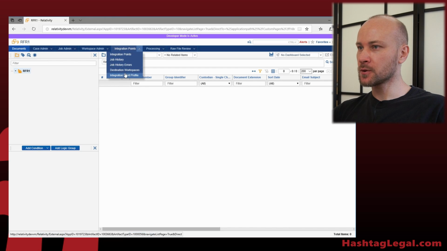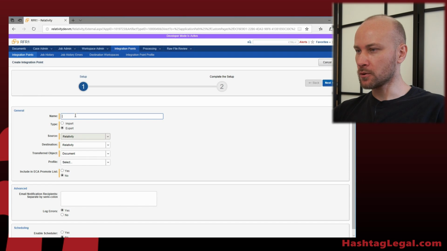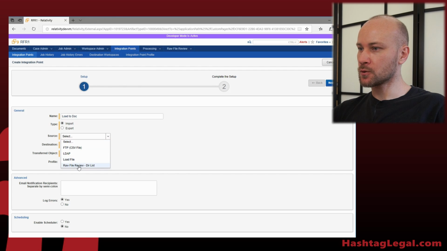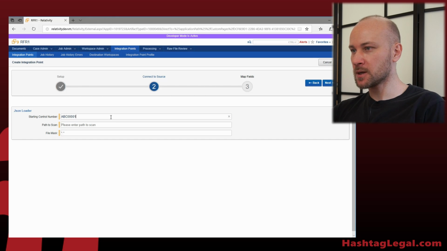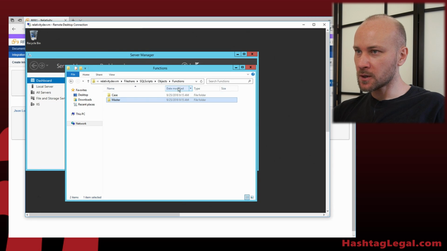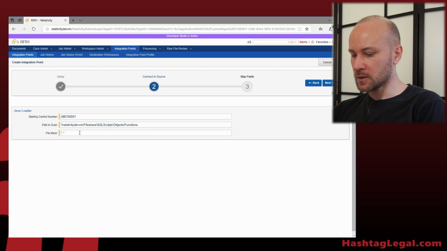We're going to go to integration points and create a new integration point job. We'll call it load to doc. It's going to be import and the source is Raw File Review dir list. So we're going to say next and we specify our control number. And now we need some files to load. So I'm going to go to my server, and I have this folder with a bunch of small SQL scripts. I'm just going to grab those and put the path, and we're going to say star.star